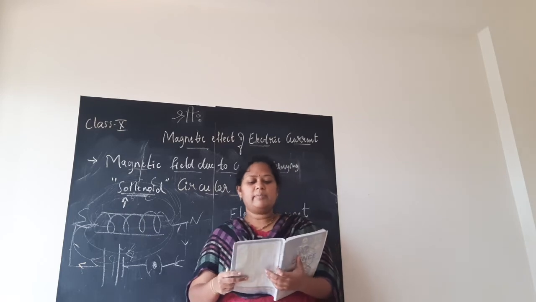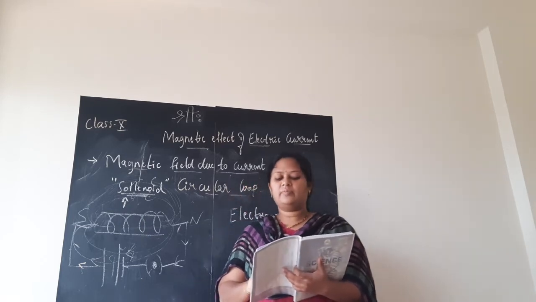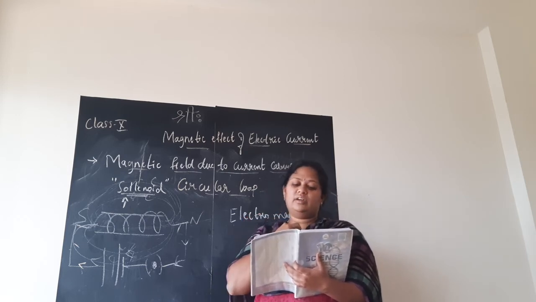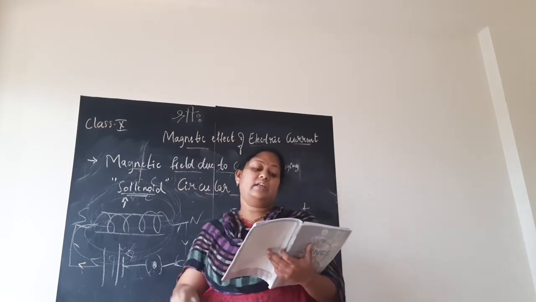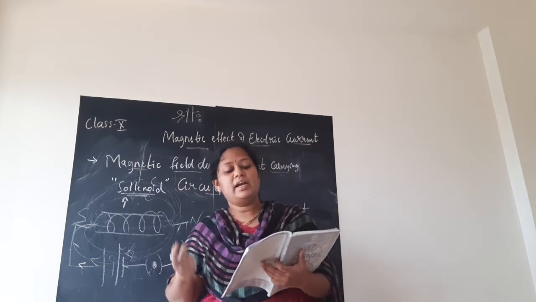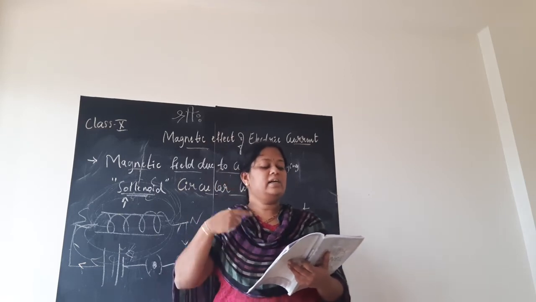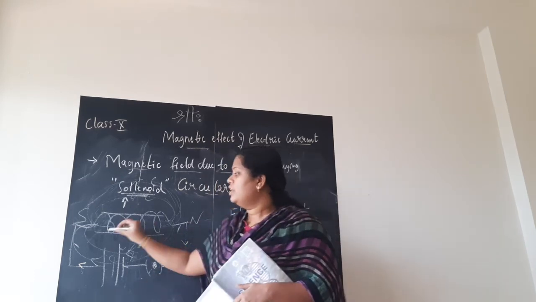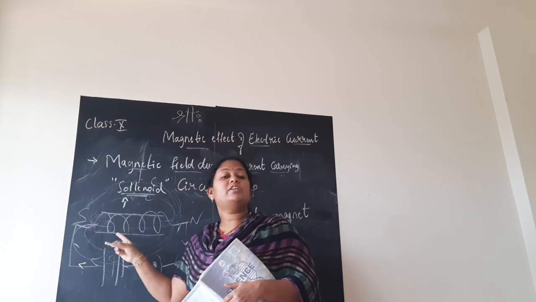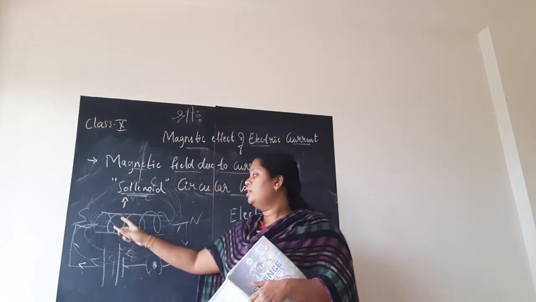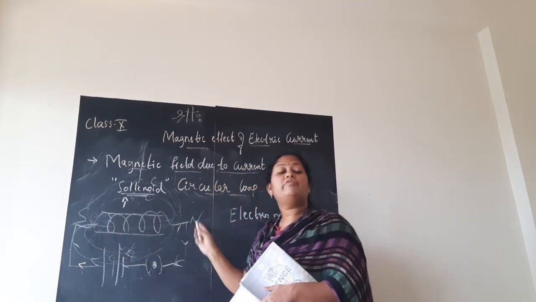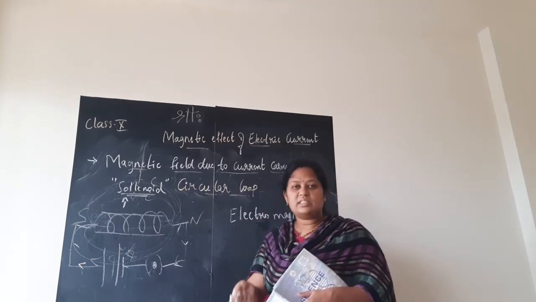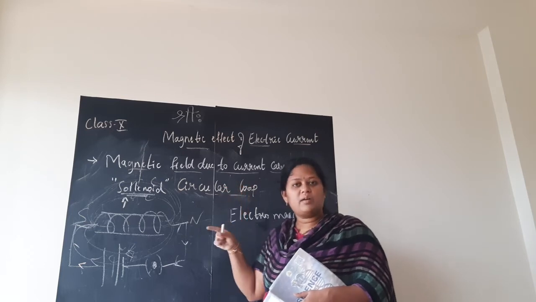Next, we know that the magnetic field produced by a current carrying wire at a given point depends directly on the current passing through it. Therefore, see this, you underline: if there is a circular coil having n turns, the field produced is n times as large as that produced by a single turn. Just now I said, however much magnetic field is produced by one loop or one circular turn, as the number of loops or turns increases, the magnetic field strength also increases. You have n number of turns in general, they are telling.